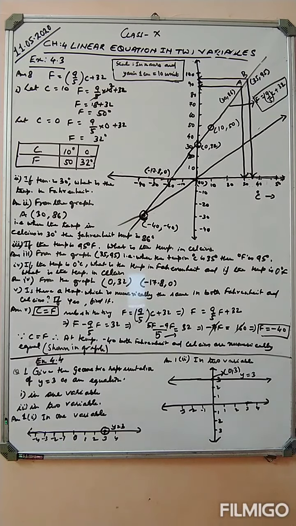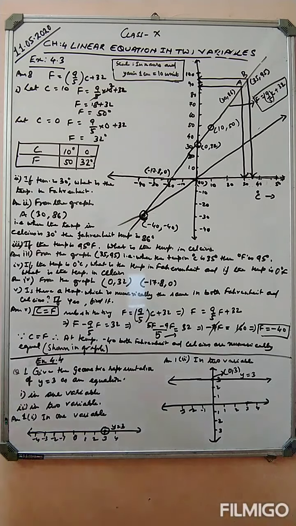In countries like USA and Canada, the temperature is measured in Fahrenheit, whereas in countries like India, it is measured in Celsius. Here is a linear equation that converts Fahrenheit to Celsius: F = 9/5 (C) + 32. Draw the graph of the linear equation above using Celsius for the x-axis and Fahrenheit for the y-axis. So this is the formula given: F = 9/5 C + 32.